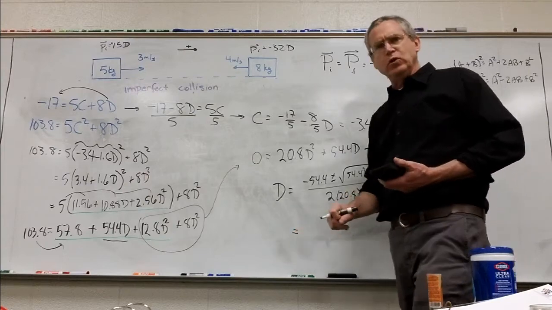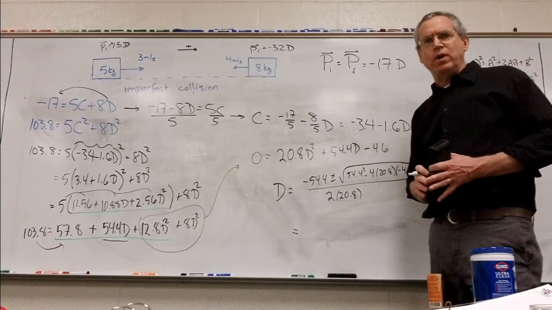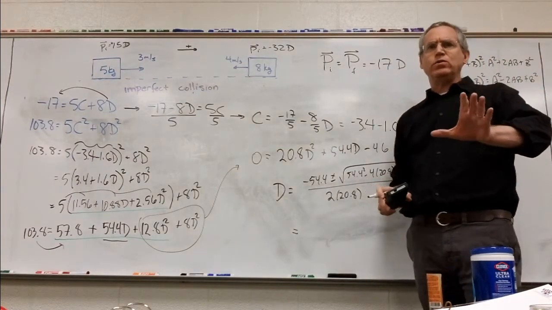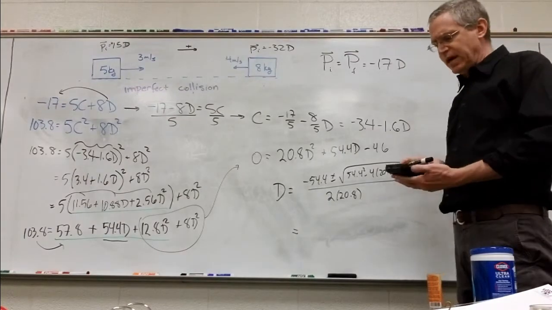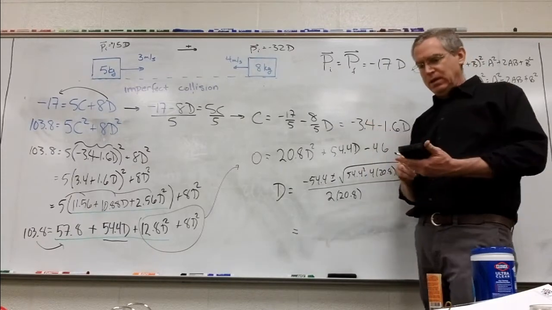I'm going to have two solutions. Now, two solutions, I cannot immediately eliminate which one is the wrong answer or which one is the right answer. At least I don't want to yet. There's some major clues here about which one is correct and which one is not, but you can't look at the numbers immediately and just go, oh, that can't be it. Let's